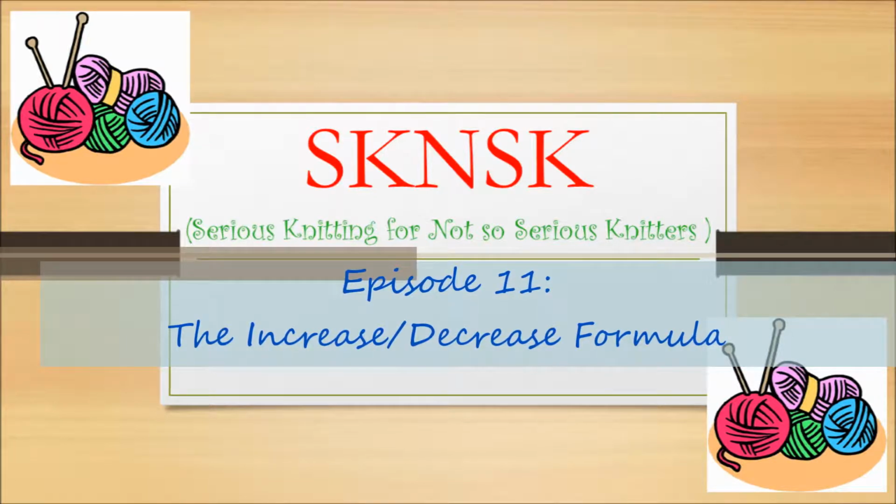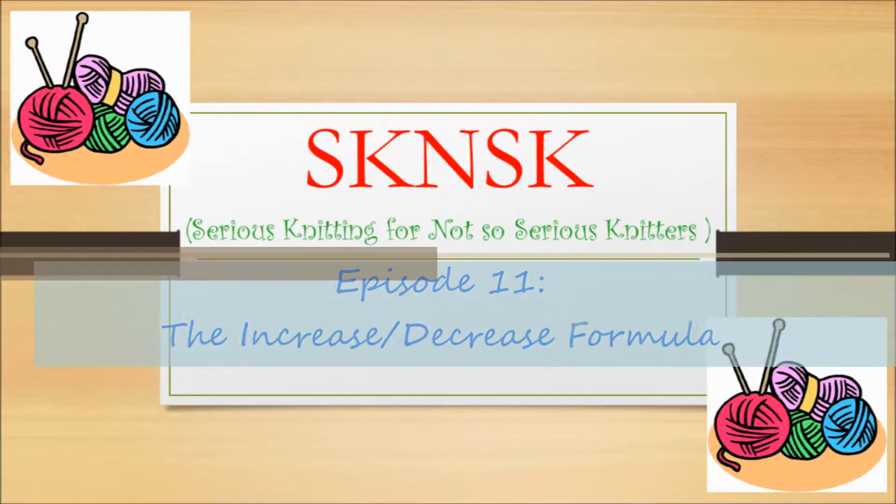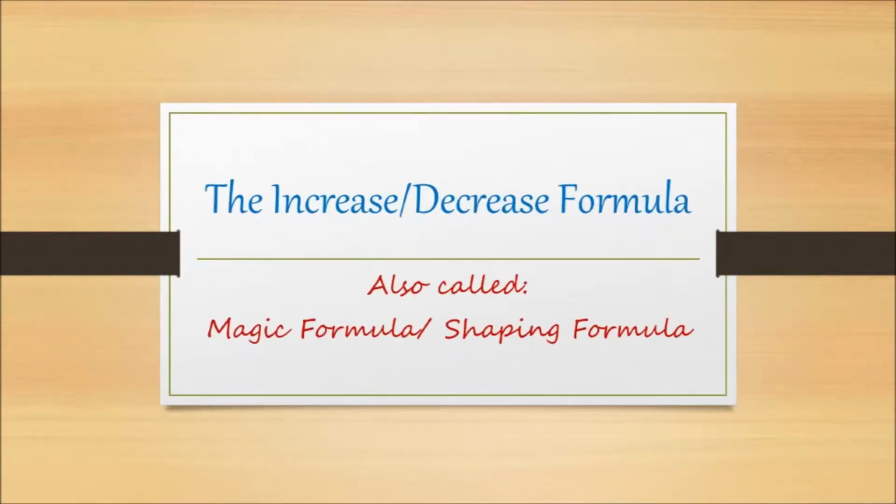We're going to put some of the increases and decreases that we've just learned into something a little more practical. For that we are going to be working on how to go about doing these increases or decreases. There is a very commonly known magic formula to determine how to go about the increases and decreases. It's also called the shaping formula, the more or less formula, different names, and I'm just going to call it